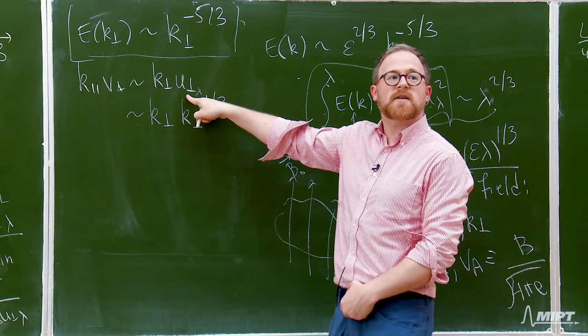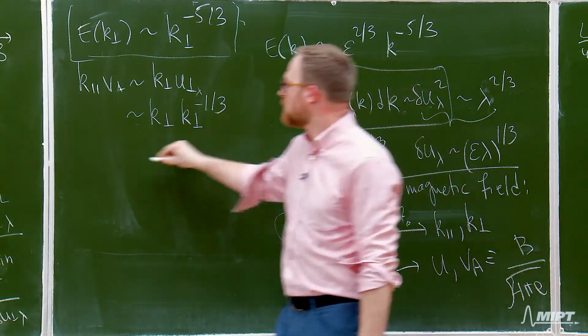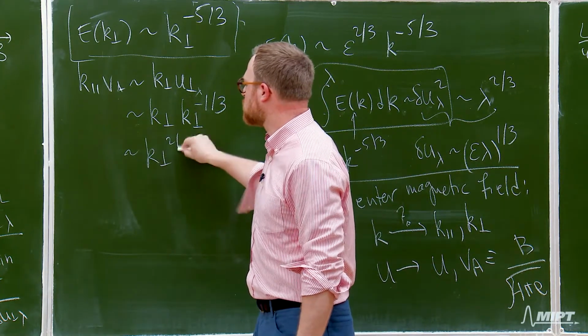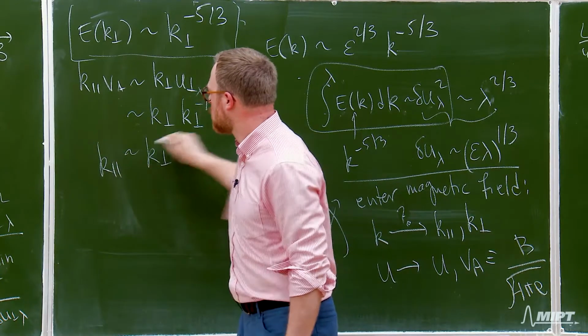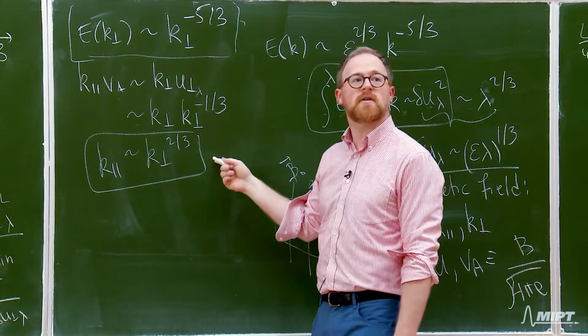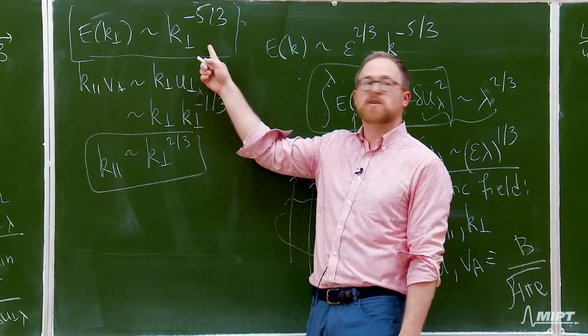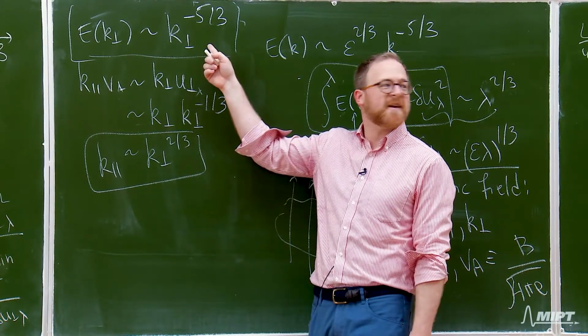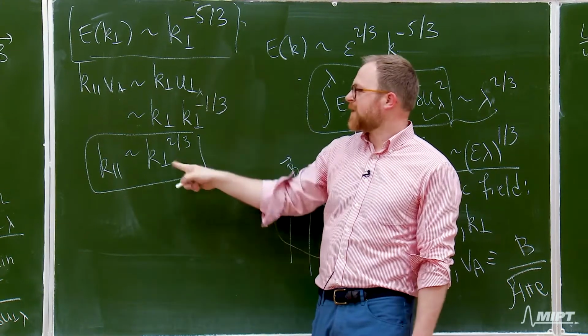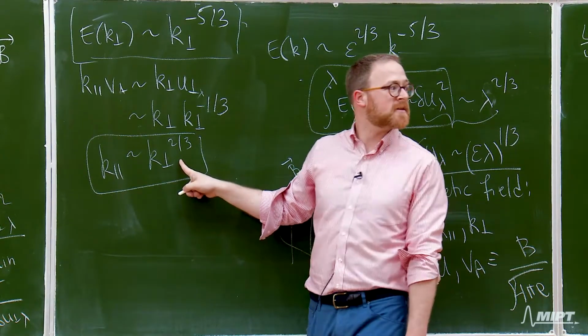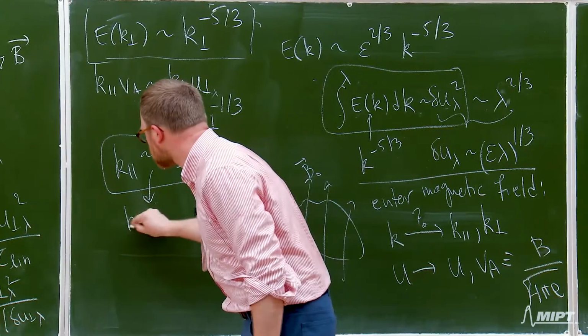So those velocity fluctuations go like k to the minus third. So this just goes like k perp to the 2/3. And that's the other prediction of Goldreich-Sridhar theory. So you've got an anisotropic cascade, which is Kolmogorov-like in the perpendicular direction. And the eddies go like this. And what this means,